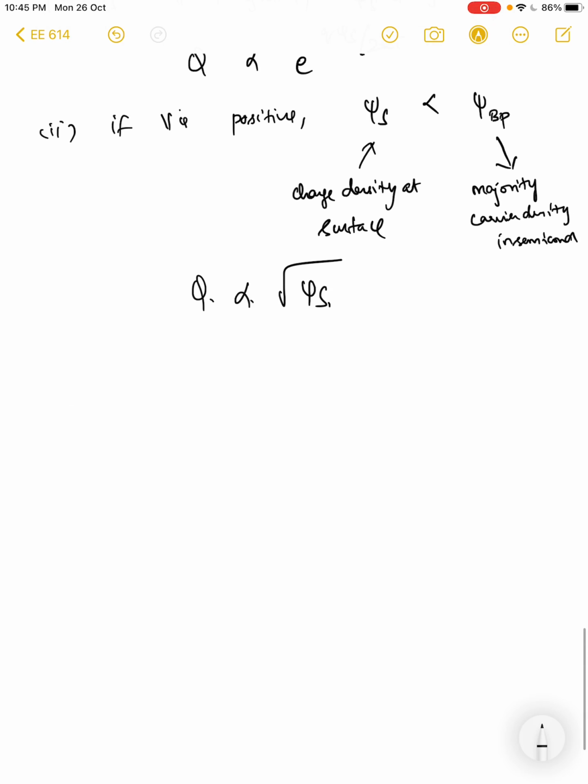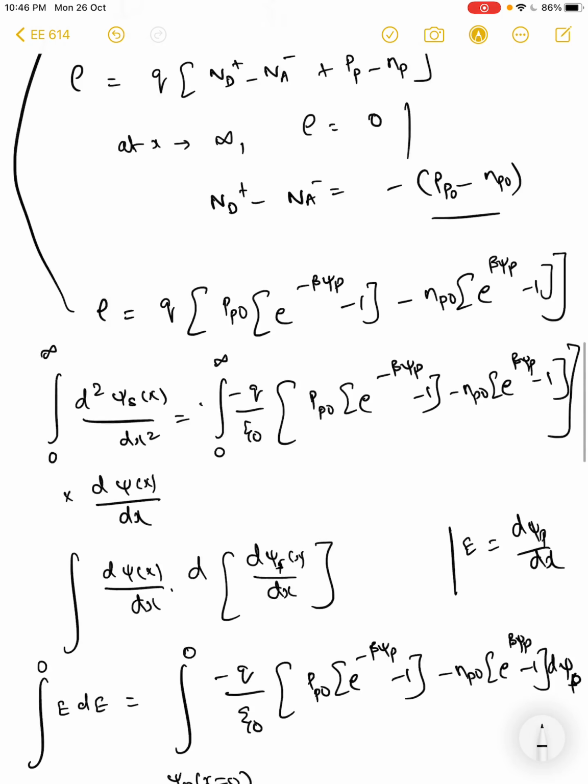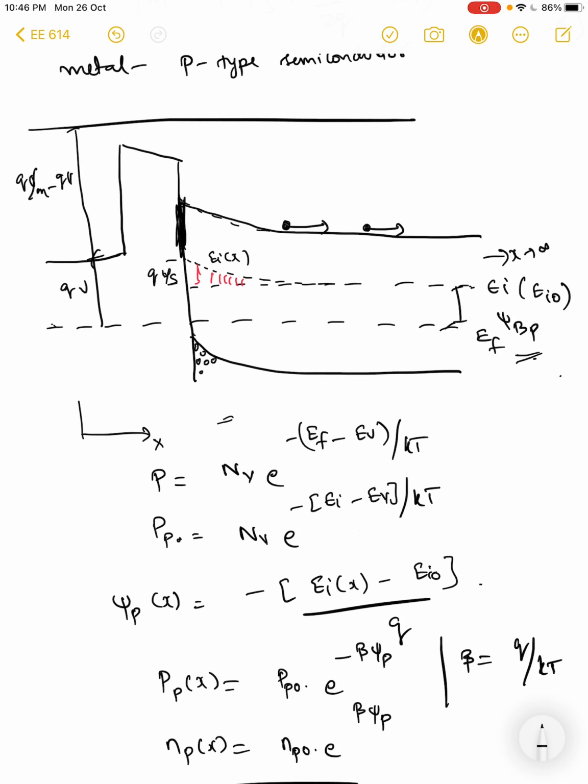And if I keep increasing this such that I reach a point where psi s is approximately equal to 2 psi b, in the sense that I have my band bending here. So this is psi s, right? So I have this band bending about twice the separation of the Fermi level from the intrinsic level. So in the sense that the bands have bent so much that I have a really large concentration of electrons in a p-type semiconductor,